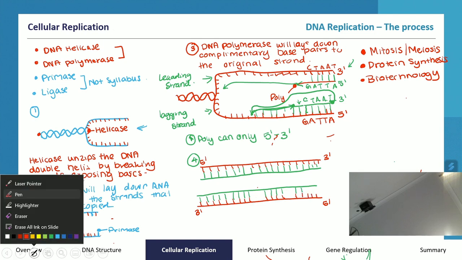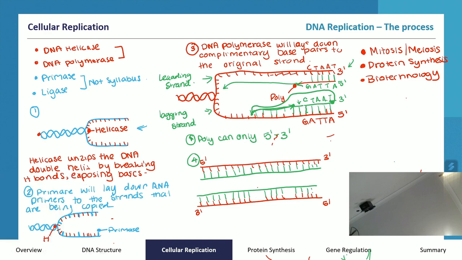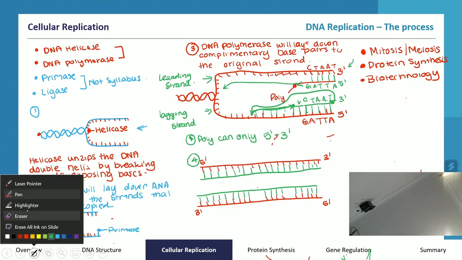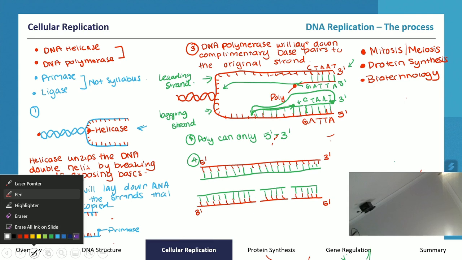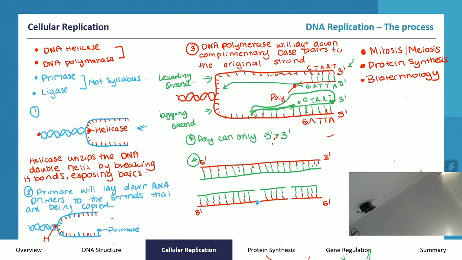So as you can see here, there'll be some spaces between them. So this chunk will be separate depending on where DNA polymerase had to stop and start. This is where our final enzyme comes in. This is ligase. Ligase is sort of like a glue enzyme. So ligase will glue